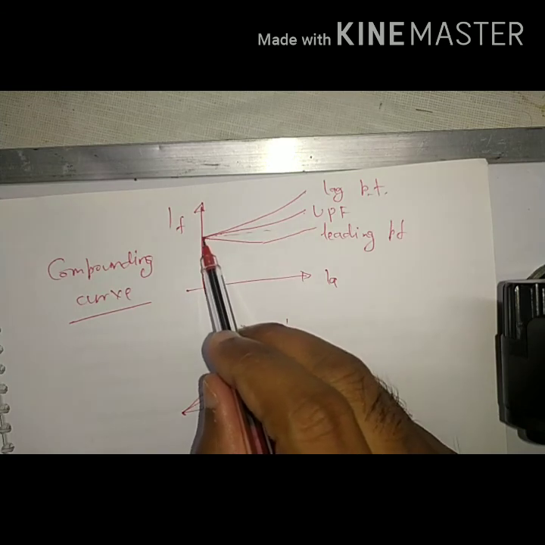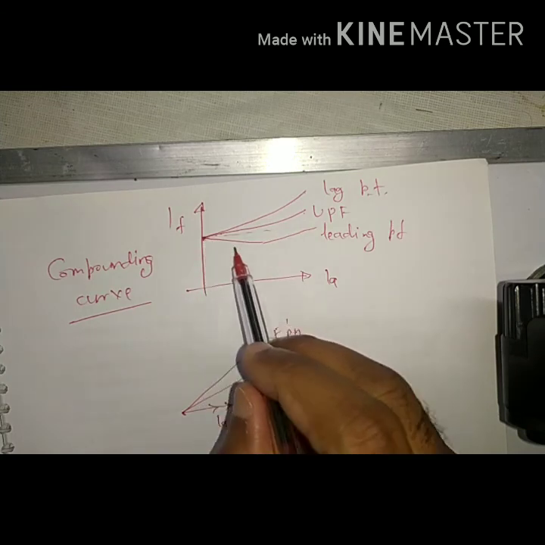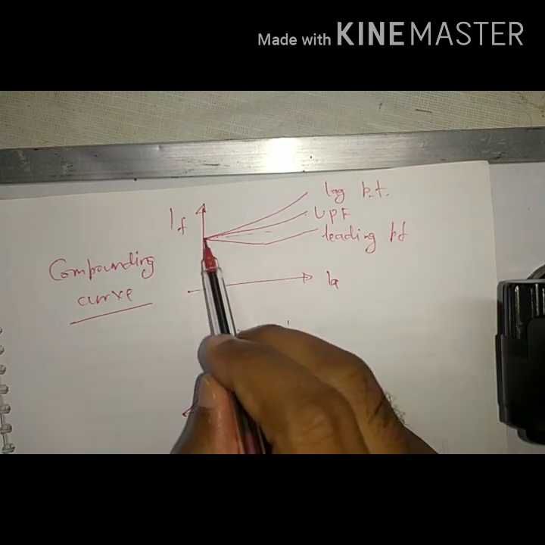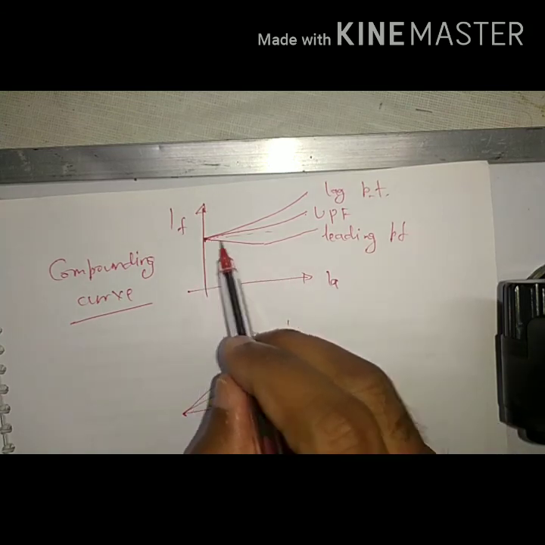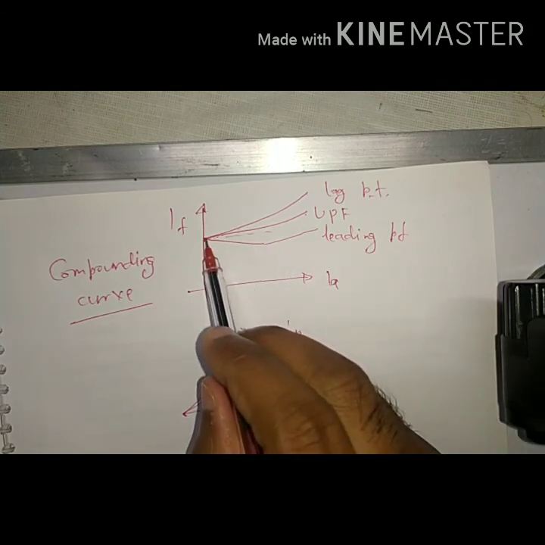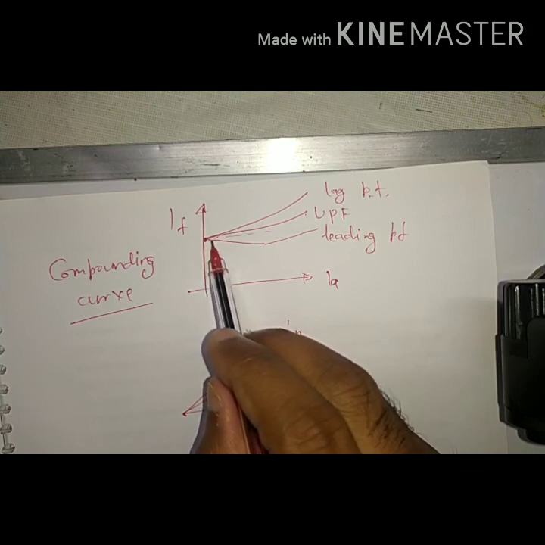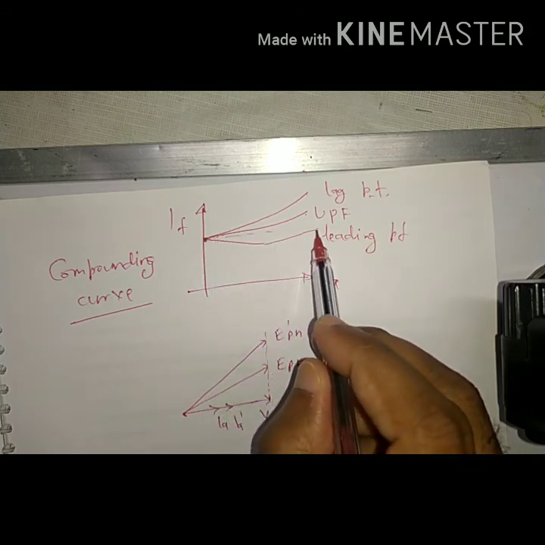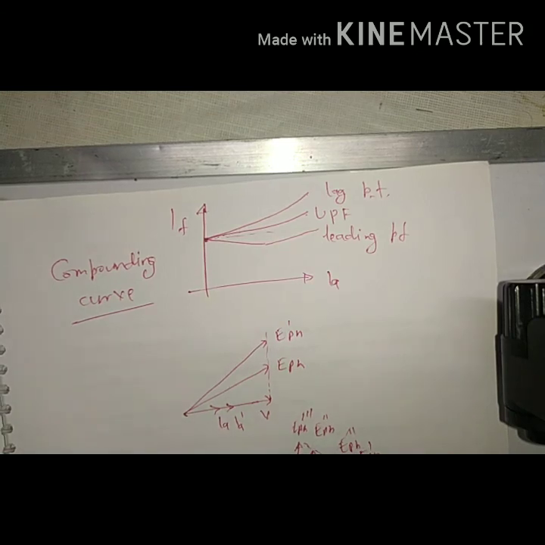And in leading power factor, as load increases, obviously armature current is increasing. So as the leading power factor load is increased, say 0.8 leading power factor, with load magnitude increasing, up to a certain limit excitation will be decreased and later on excitation will increase. So this is the understanding from the excitation point of view. And when constant load is there, how excitation affects its nature, that we have seen here.